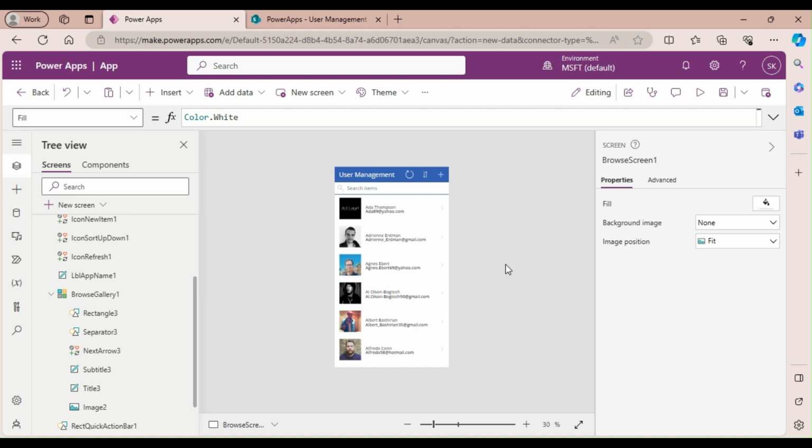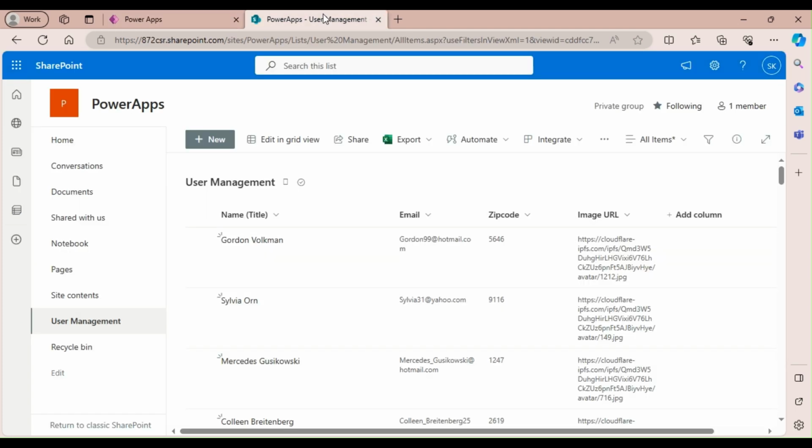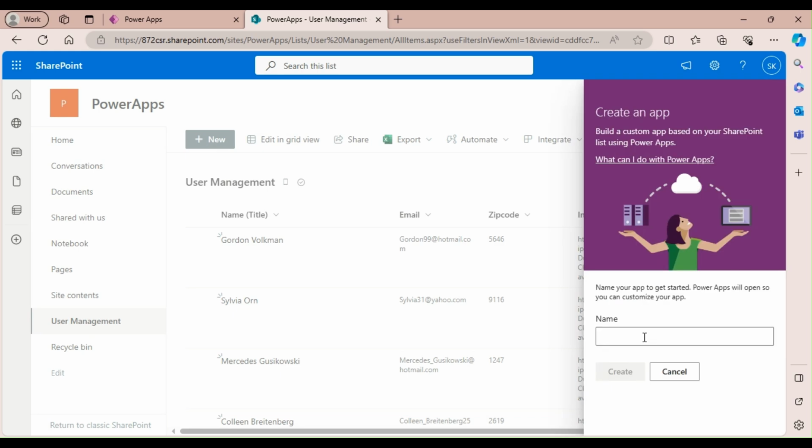Now let's create the same app from the SharePoint interface. So I have already opened my user management SharePoint list, and you can observe there are a few built-in options available in the SharePoint. We're going to use one among them. So select integrate, go with Power Apps and create an app option. Let's key in first tab as the name